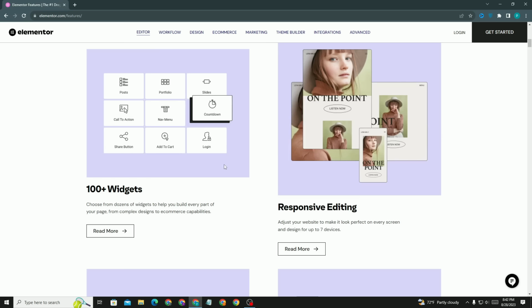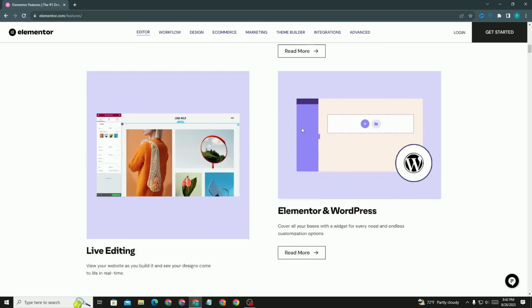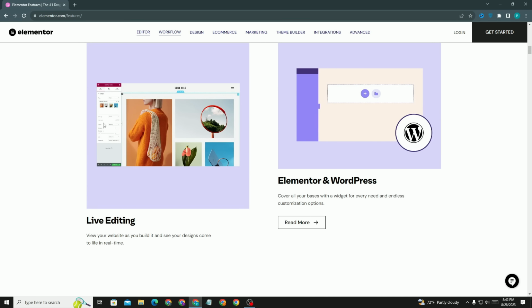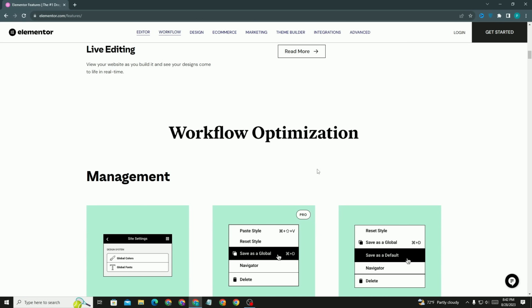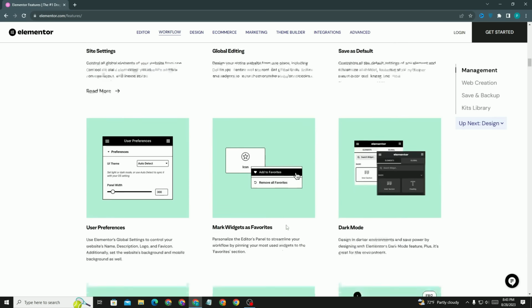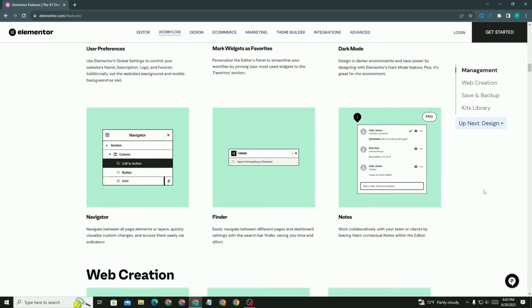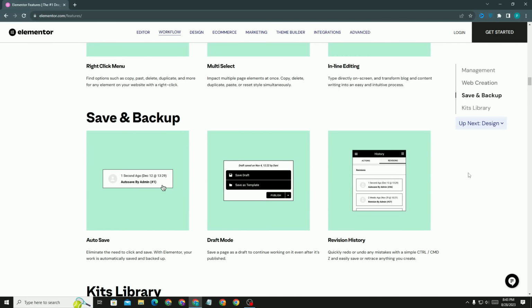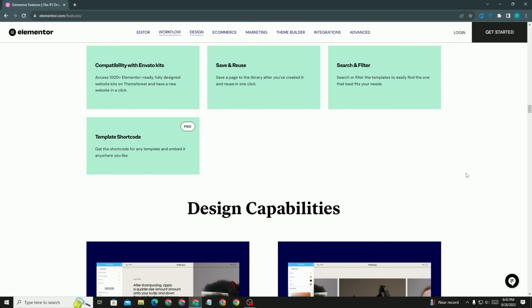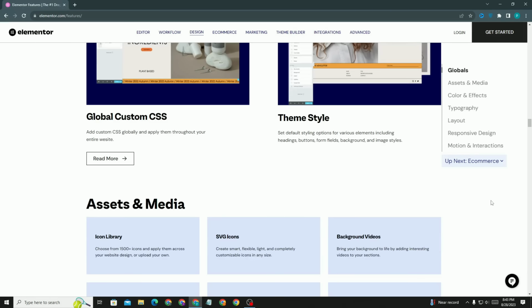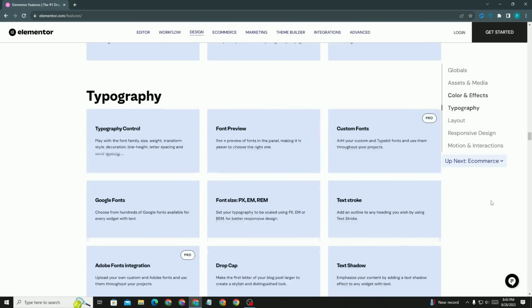Simply choose the one that is best for you, and then you will be able to create a beautiful website. A live editing option is also there, workflow optimization, management, everything you can see in depth. Save and backup, kits library, pop-ups, templates, every feature is provided here.